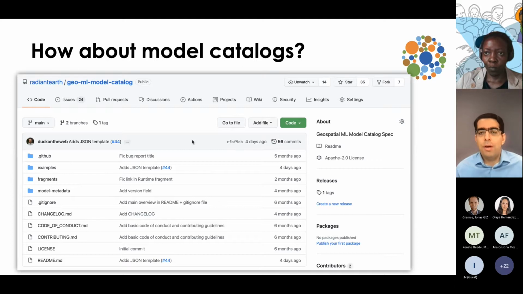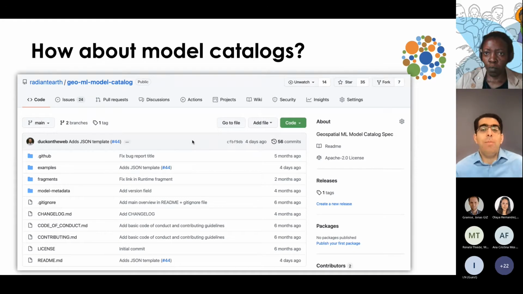So this is a similar effort to the STAC that I mentioned. We have convened various members of the community, and again, it's an open community, so all of you are invited to join if you're interested, to see how we can catalog our models. If we have, for example, supervised classification of roads on Sentinel-2, which is the European Space Agency mission satellite data, how can we catalog and record, okay, this was the image I used, this was the training data, this was my training environment, what Python package I used, what other elements of that, what is the performance of that model,